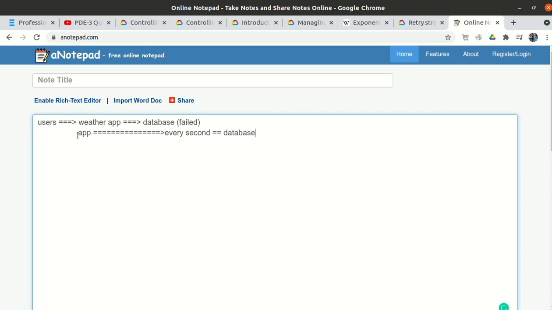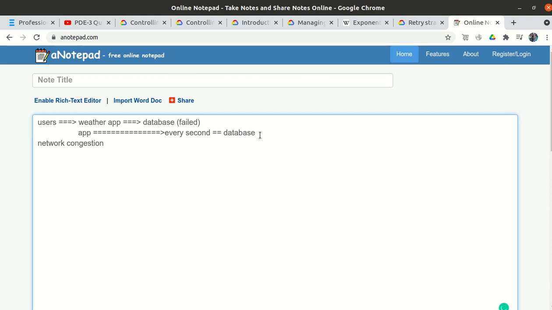In this scenario, in the first second we query the database and get a failed response, then in the next second we again query the database and again get a failed response, then in the third second we query again and again get a failed response, and we retry every second. If we retry every second, we are creating network congestion.